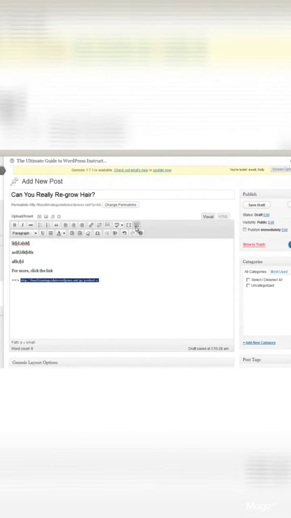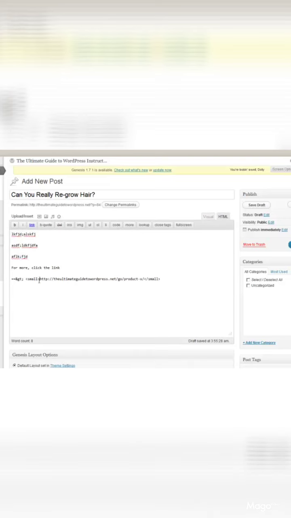Show you a neat little thing here. Use this little eraser to remove formatting. Sometimes it works, sometimes it doesn't. In that case it didn't. So we can get rid of the small